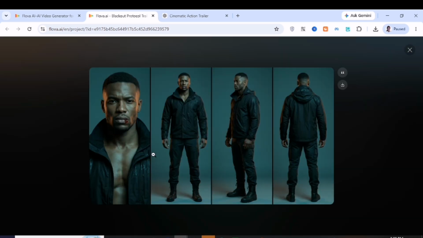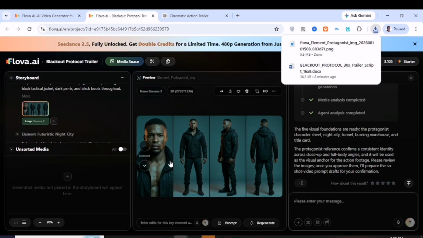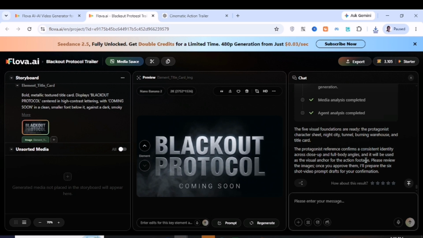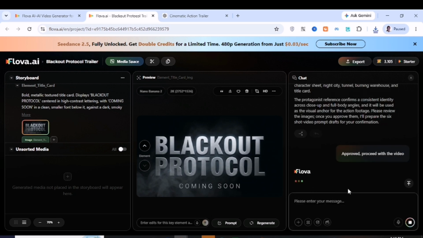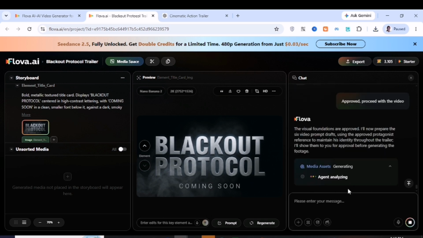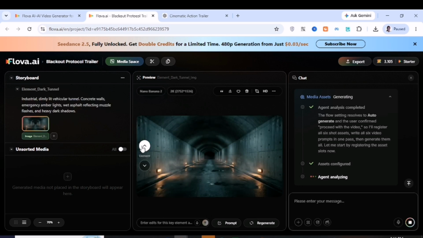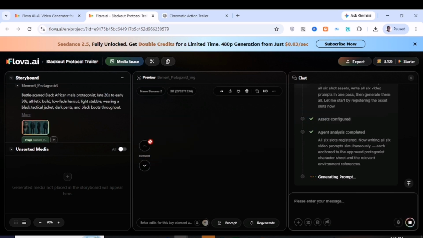Now look at the perfect work it did. It generates all the pictures, from the front, the side and the back, every part. It generates everything. These are all the images that we are going to make use of. This is beautiful. Now the next thing I'm going to do is approve it, and please proceed and make sure that there's consistency in character. Very, very important. Consistency in character. And trust me, this is going to give us perfect work. As you see from the video, it gives us perfect consistency, right?